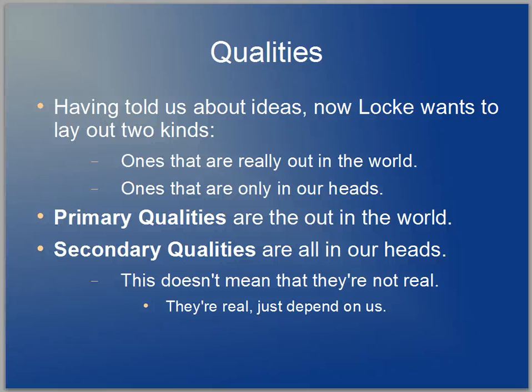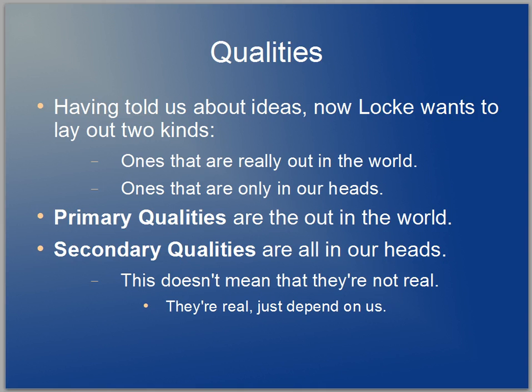So Locke told us all about 4 different ways that we can get our ideas. The simple ones are the ones that it's really hard to get because those ones are the building blocks. Once you have the building blocks, you can build any old complex idea you want. And so the simple ideas are the ones that really matter to him. And now that we know how we get them and what they are, now he wants to talk about how they function with relationship to the world.